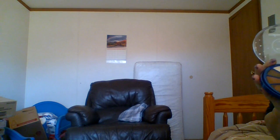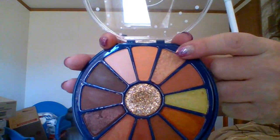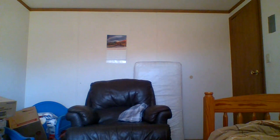This is going to be my base color. This right there is my base color. It looks very similar to the gold that I will be using, so I'm going to use that to begin with. And then I'm going to finish with that gold. Okay, so